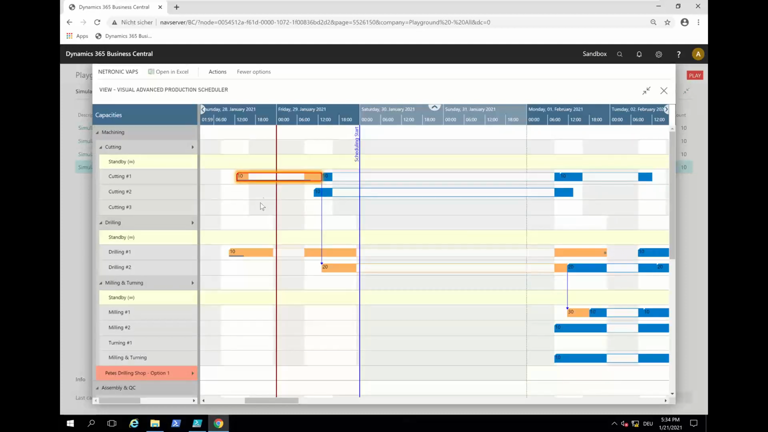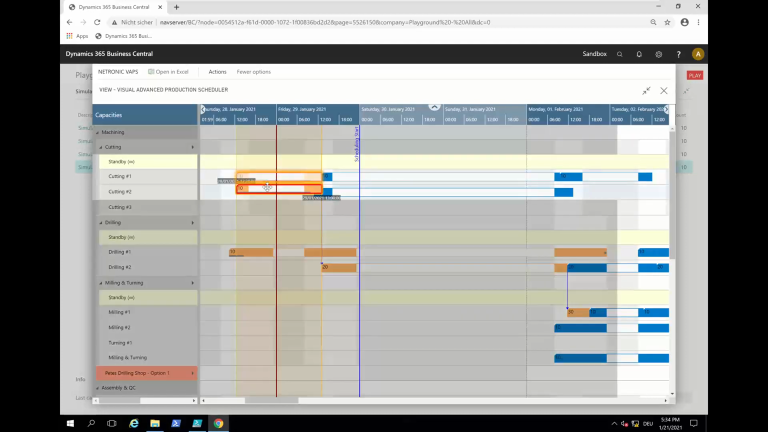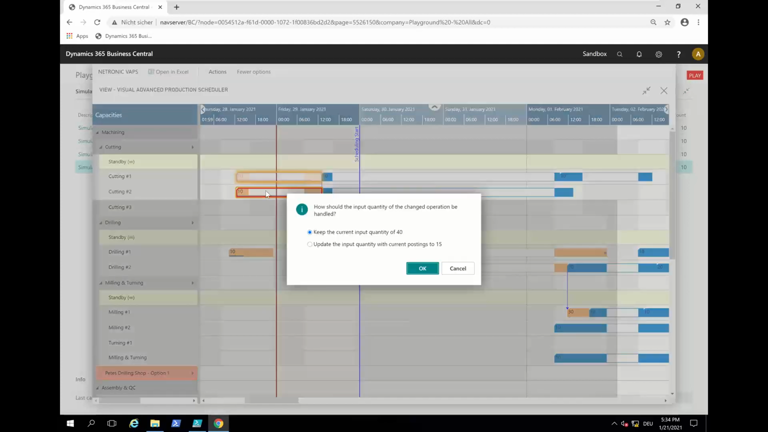important thing, and this is not an allowed resource, so I need to, you see, cutting 3 is grayed out because cutting 3 is not part of the alternate routing set. So I move it to cutting 2. And now I get the question, how should the input quantity of the change operation be handled? So now I can say, okay, and these were the two cases I had on the second flavor when we talked about the theory of this. So now I can say, okay, I want to keep the current quantity of 40, so I want to move the total quantity of this operation, or I want to update it and only move the remaining quantity of 15,